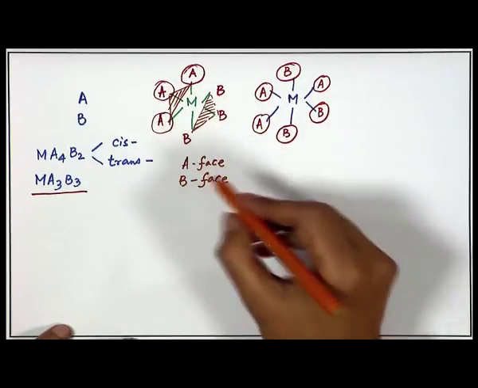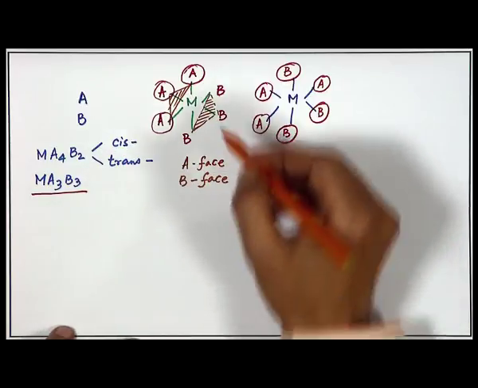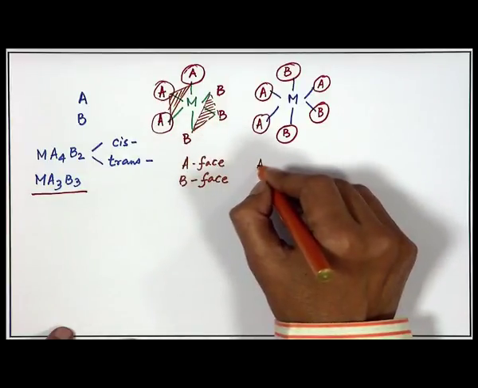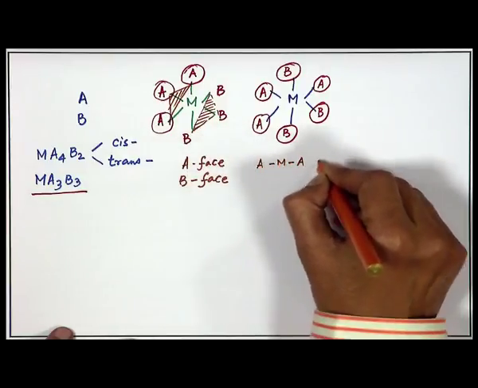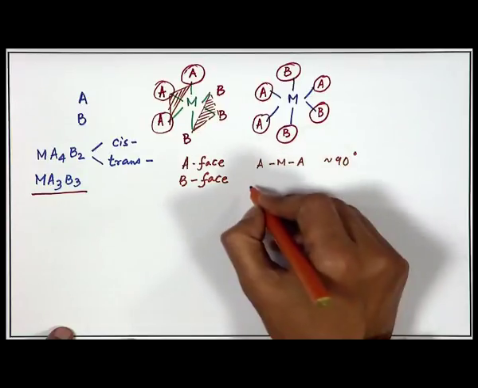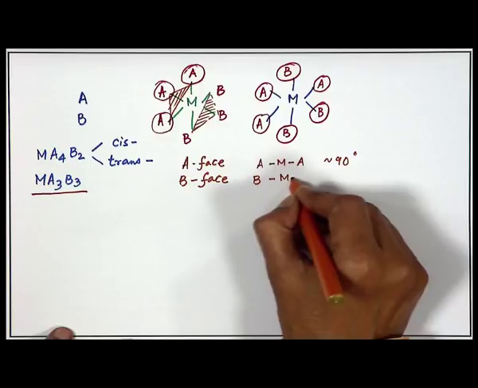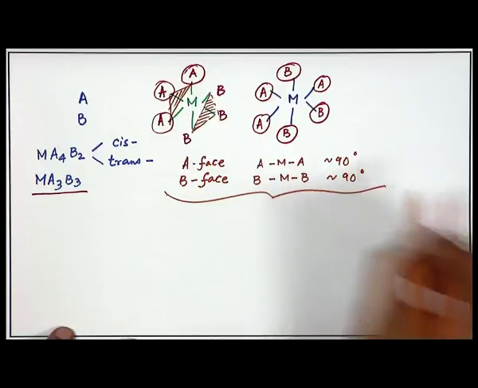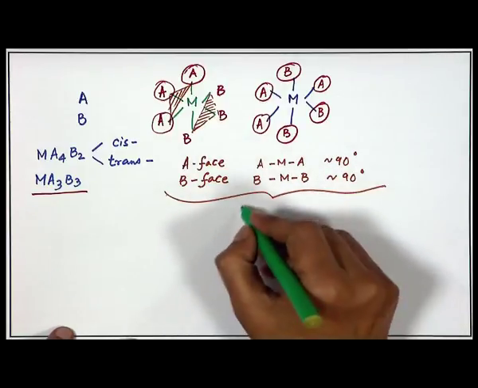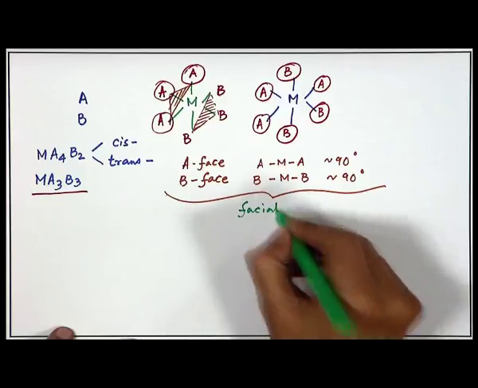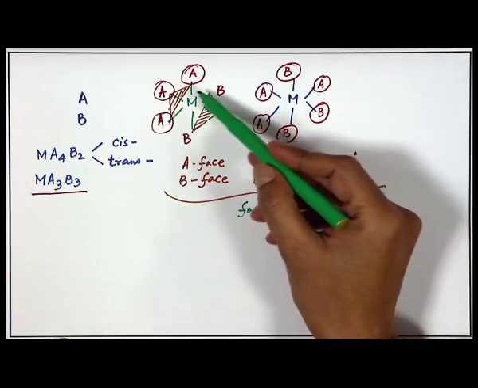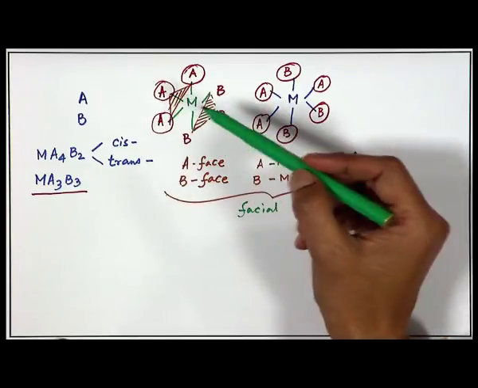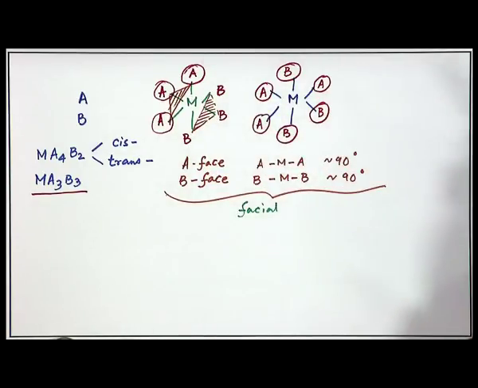So, the isomer like that of our cis and trans isomer is very much similar, because all of them are 90 degrees. When all the A angles are close to 90 degrees, and then the B angles are all close to 90 degrees, what we will be getting over there is our typical facial isomer. That means one face is occupied by these particular A groups and another face is also occupied by the B groups.